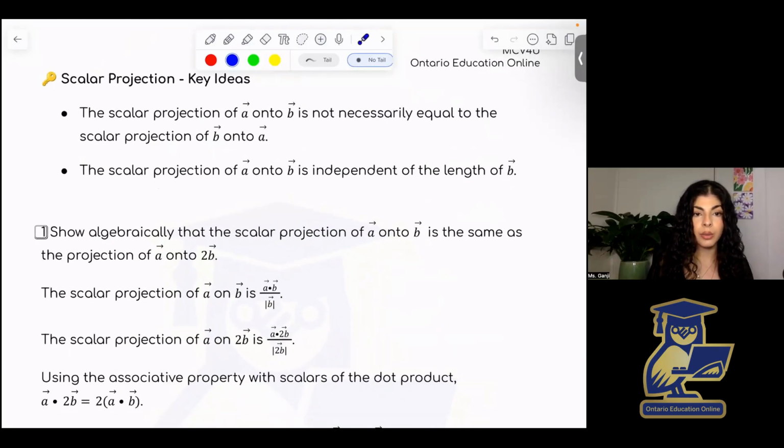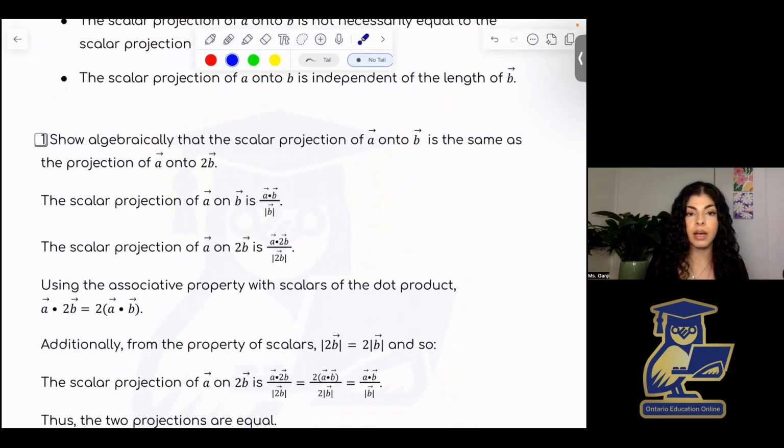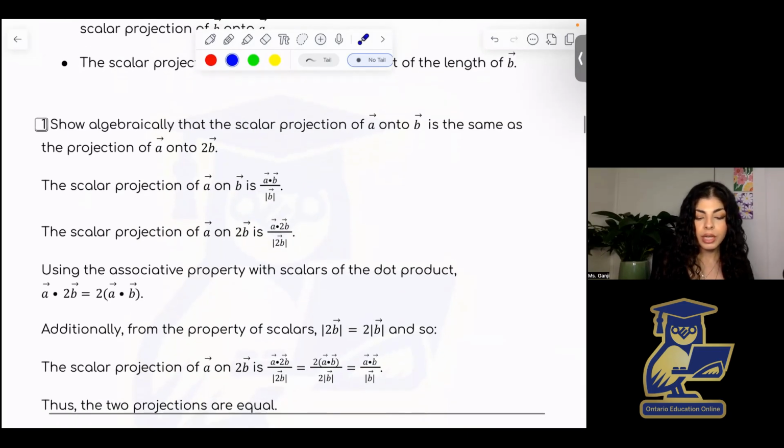And we can also say the other way: the projection of B onto A is independent of the length of the vector A. So again, we're going to use two different examples to show some properties of scalar projection. So starting with,